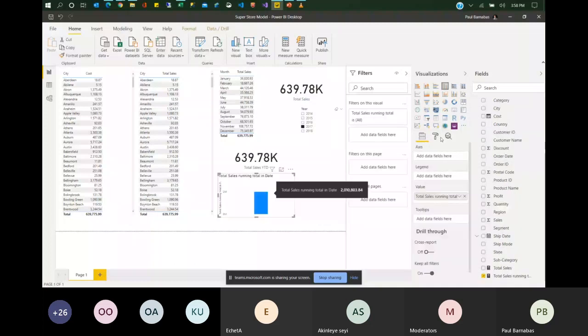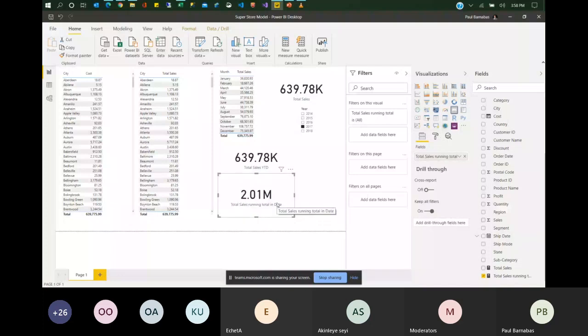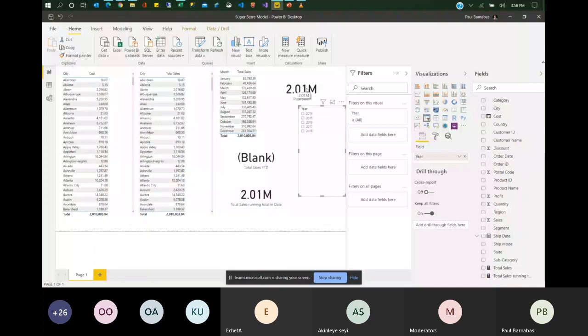What this is supposed to do is calculate the total sales running to date. It does not take into context any filter. Notice that when no filter was applied, the total sales was 2 million plus.